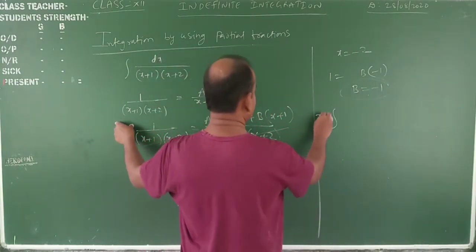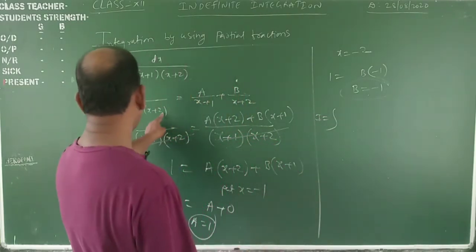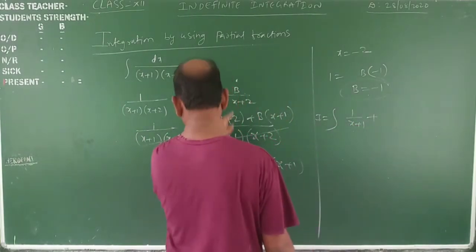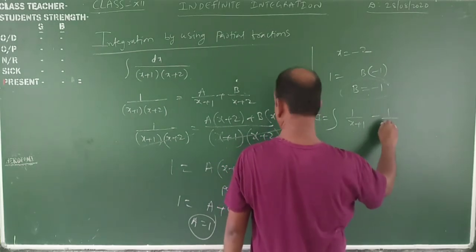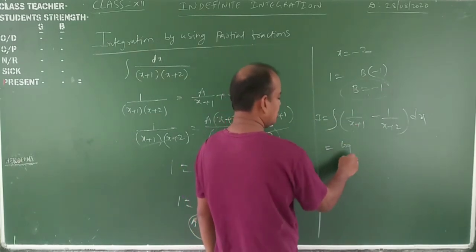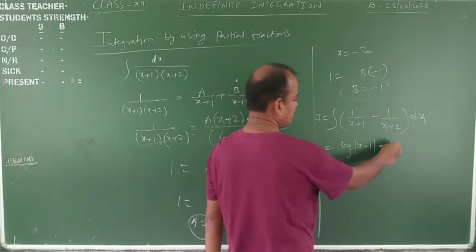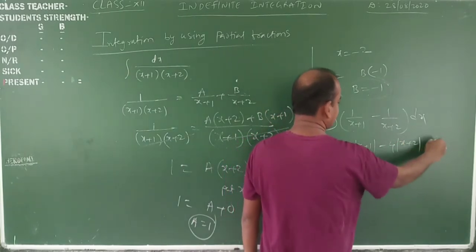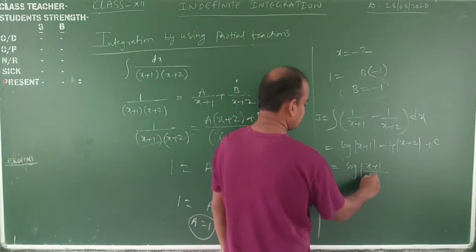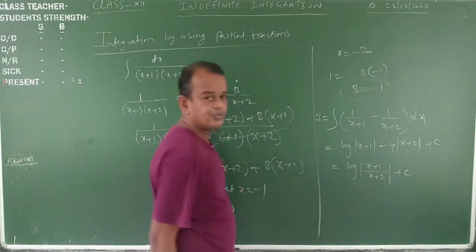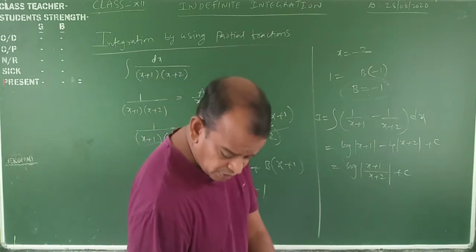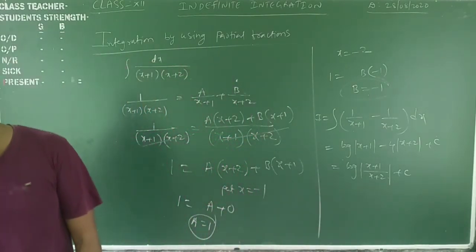Now substitute these values here. Therefore I is equal to the integral of 1 by (x plus 1) into (x plus 2), meaning A value is 1 by (x plus 1) plus B value, minus 1 by (x plus 2), dx. Now the integral of 1 by x means log mod of (x plus 1) minus log mod of (x plus 2) plus c. Log a minus log b is log of (x plus 1) by (x plus 2) plus c. Okay, my dear students, in this way we will do the problems. Next question, we are going to the next question. For suppose x square